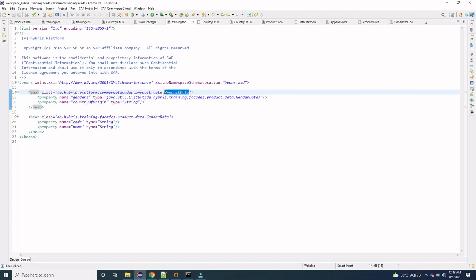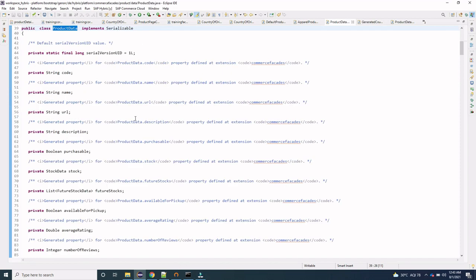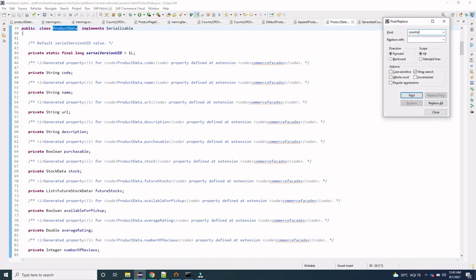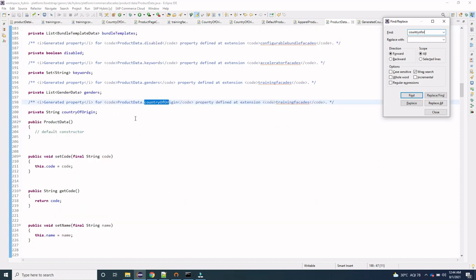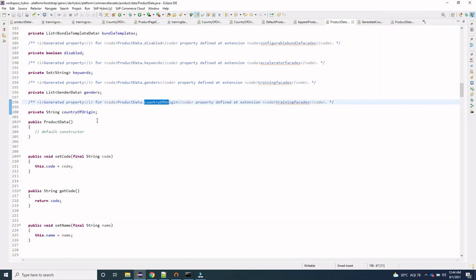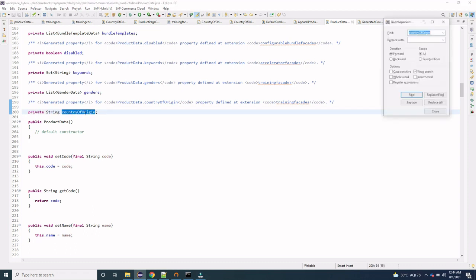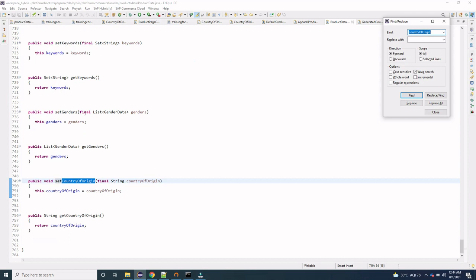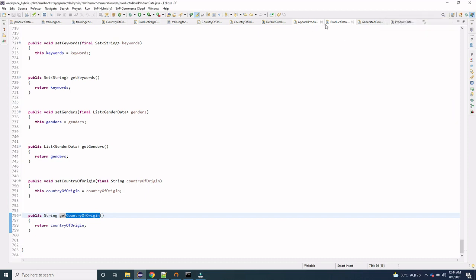So if I go to this product data and search here for the country of origin, then you can see that it gets created in here, and corresponding to it we will have the getter and setter as well. So this is the setter, and here we have the getter. And after that, what is the main part?